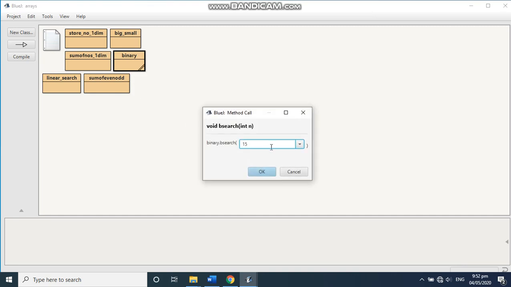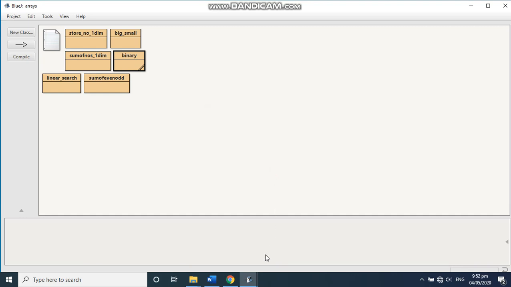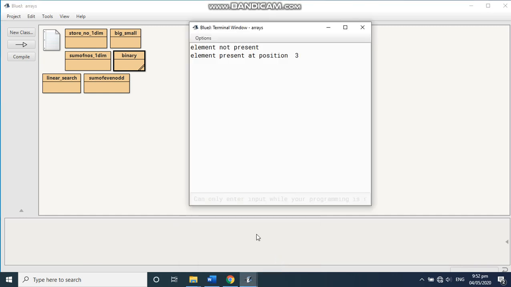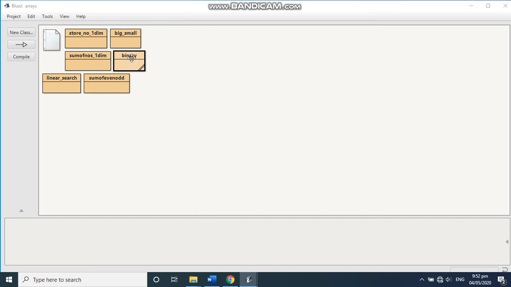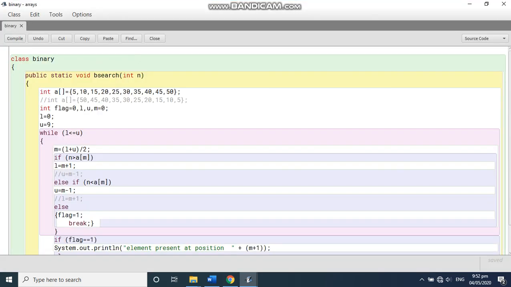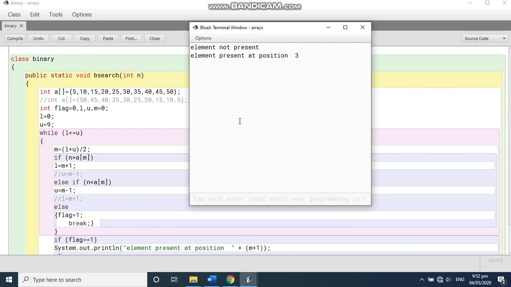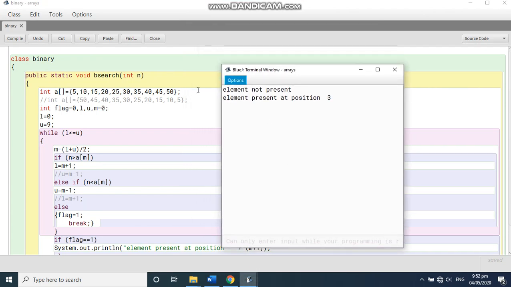There's 15 in the list. Present at position number 3. So if you see here, position number 3: 1, 2, 3, right? Index number is 2, but M plus 1 position number is 3.